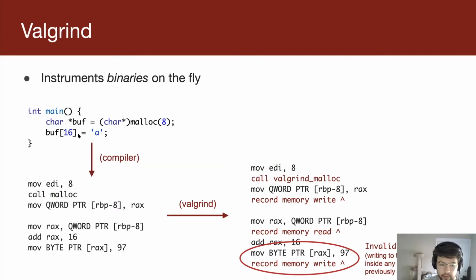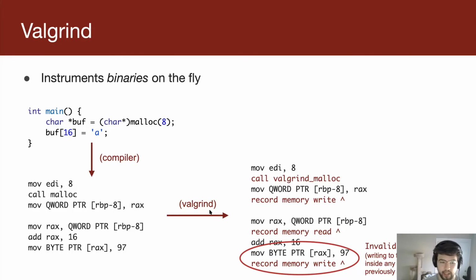So you compile the program first in a normal compiler. So this stuff on the left happens regardless of whether or not you're running Valgrind. Then you take the compiled program and you give that to Valgrind. Valgrind does not actually read your source code. It doesn't know anything about your source code. It just sees the compiled assembly. And Valgrind modifies this assembly on the fly and runs it. So it's not necessarily helping you understand the assembly. Most of the time it doesn't expose this assembly to you.